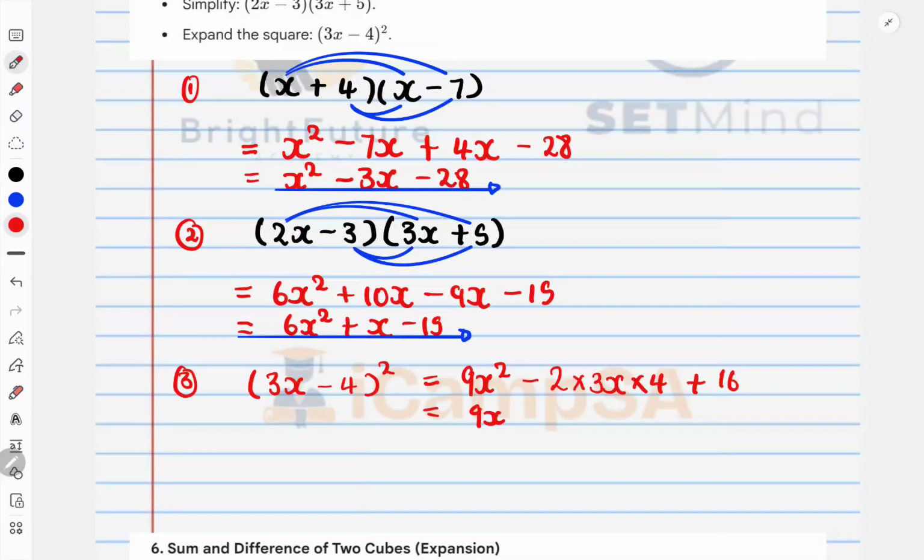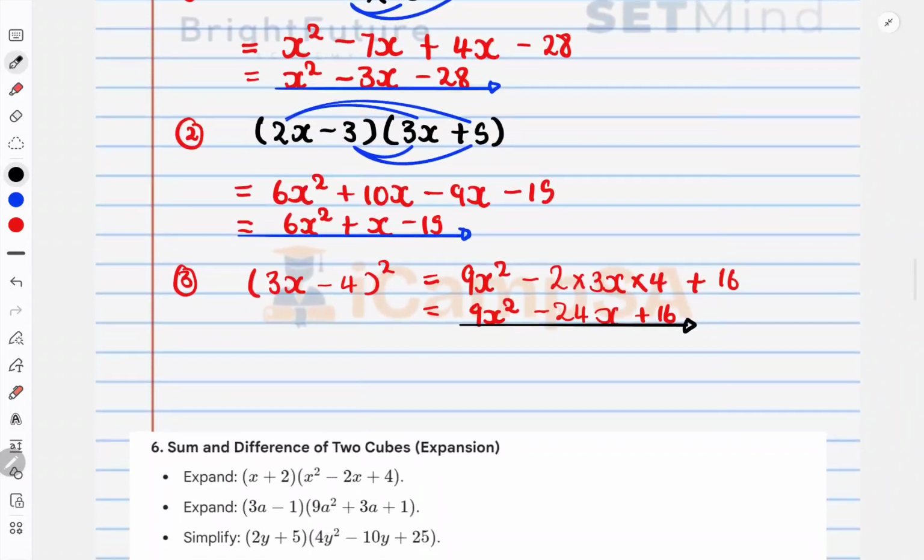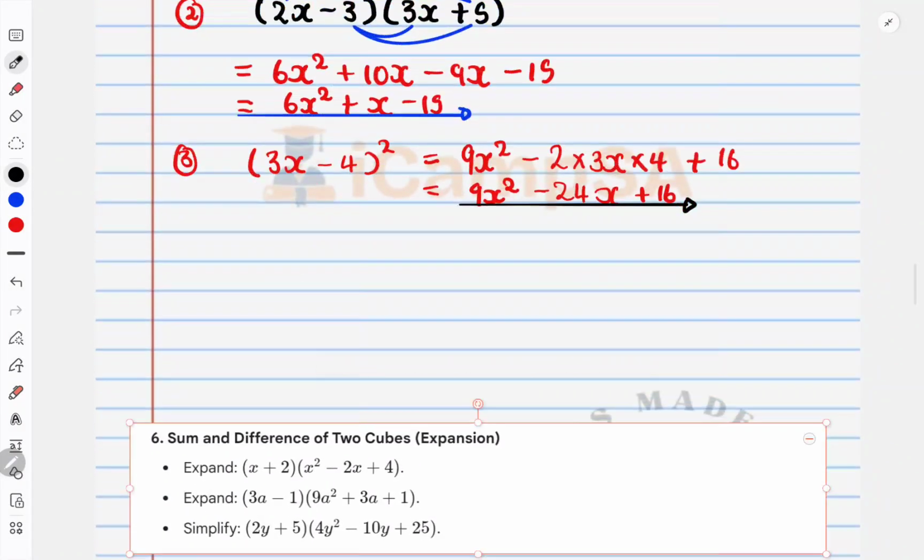Therefore our answer is 9x squared. 2 times 3 is 6, times 4, 4 times 6 is 24. Therefore we have minus 24x plus 16. So you can quickly square a binomial by that, but if you have maybe forgotten the rules,